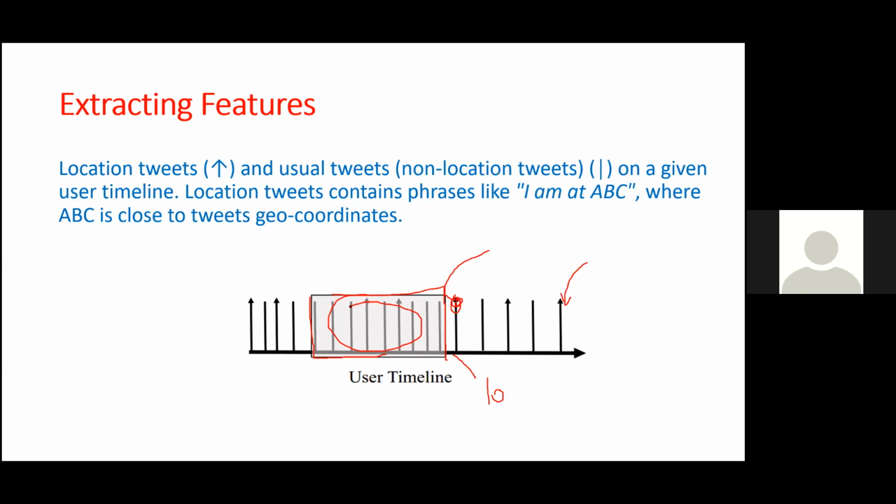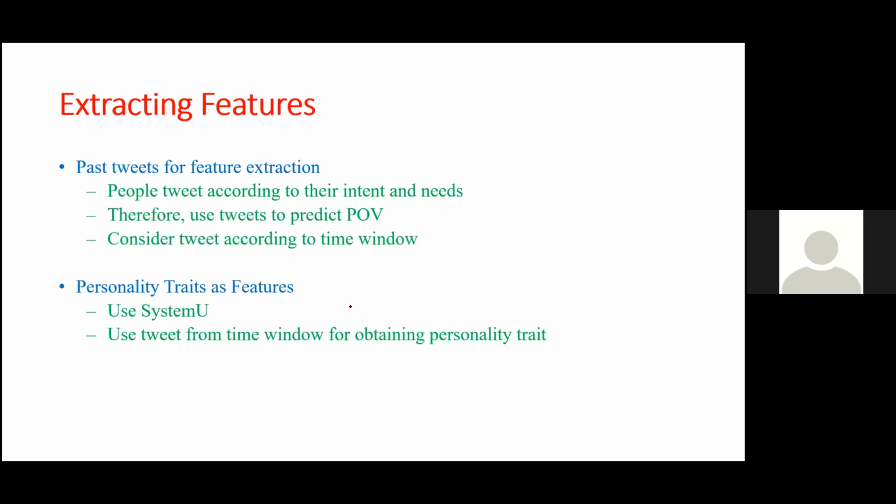He may be saying "I am hungry and I want to have a coffee. I want to go, some friends come on." So there are 20 tweets which we have taken. Out of those 20 tweets, we found that mostly this tweet is correlated to some restaurant, and he will go to a restaurant based on the geo coordinates where he will be at that time. We will find the places, and out of the places which are restaurants we are predicting, we say that you can go to this restaurant, right? So this is how we extracted the features. And once we extracted these features,